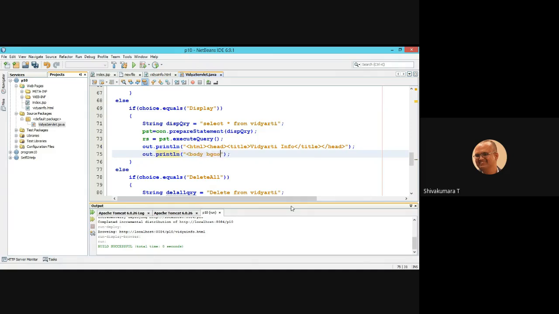You can use bgcolor equal to cyan to differentiate your regular browser from the new content browser output. Body bgcolor equal to cyan. In that body, table border equal to 2. You use the single quote.